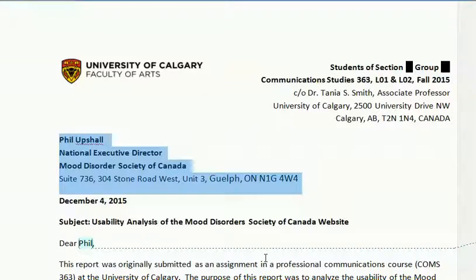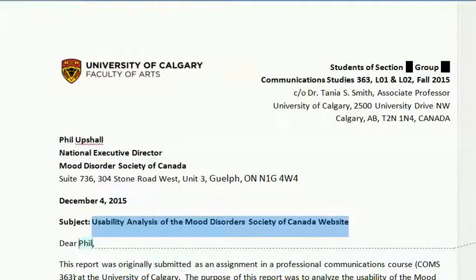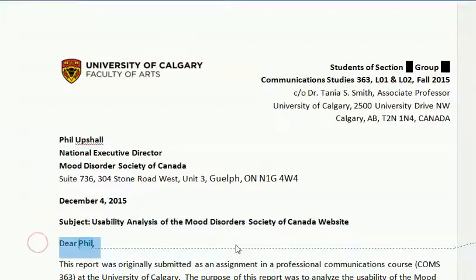And you see this information has been gathered from the website, probably the footer or the contact us page or the about us page, and it has a specific name of a person who might be responsible for the website, either the webmaster or the main person in charge of the organization. The subject is very specific to the report that it is transmitting. We also have an address that's specific to a person, but this is a too personal approach. You should be using the Mr. salutation,